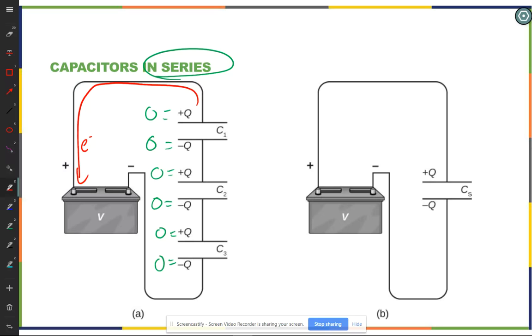The key thing is it doesn't store them. Batteries do not store charge. They give energy to charge. And so if an electron comes in, it's going to have to go through. It's just going to come out the other side with more energy. And so the electron goes through and comes out the other side